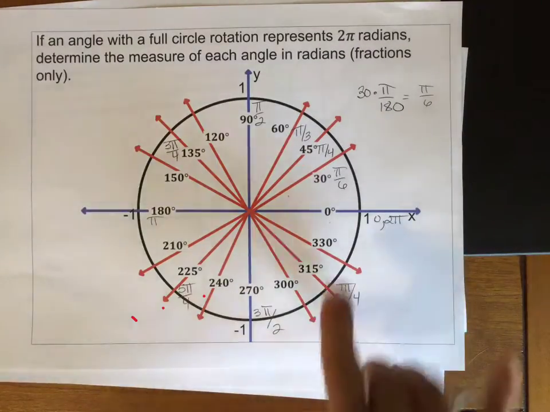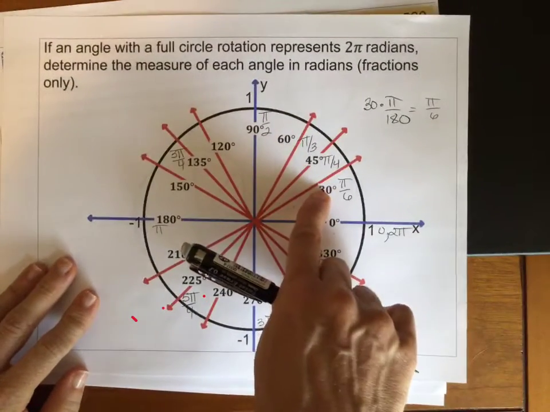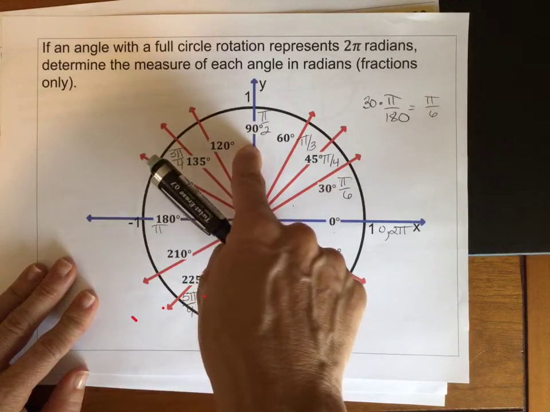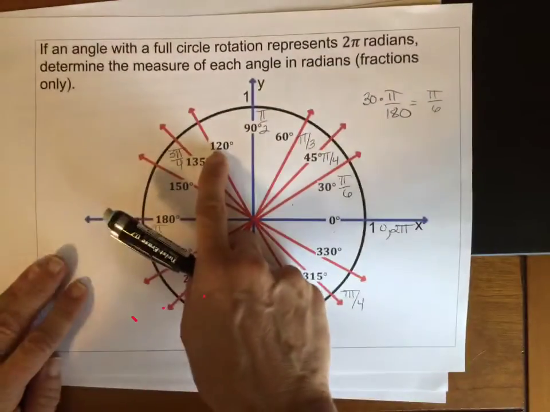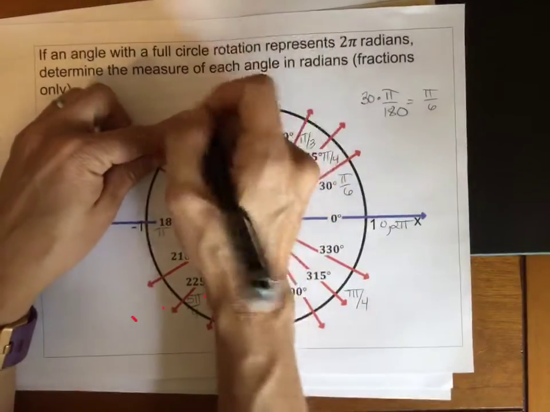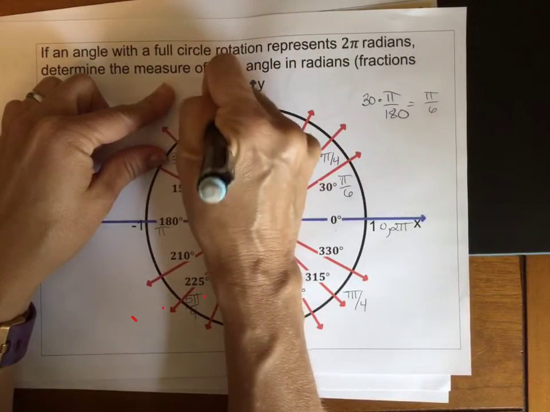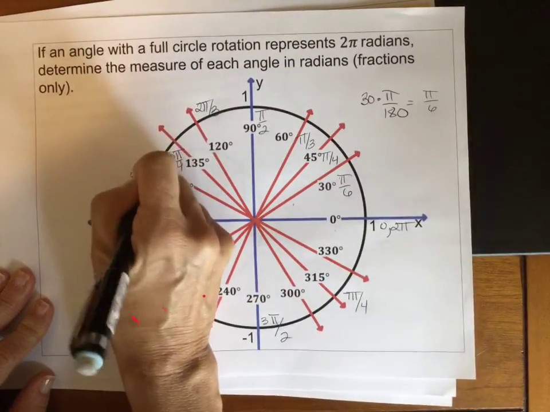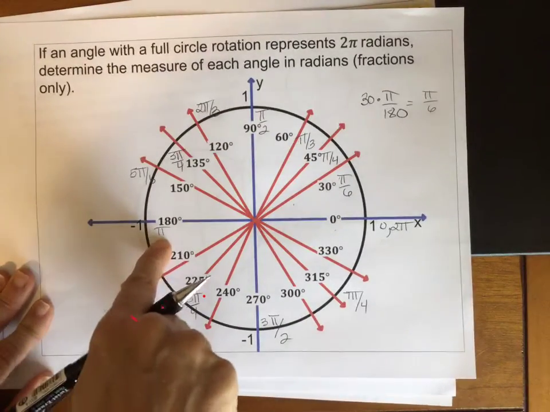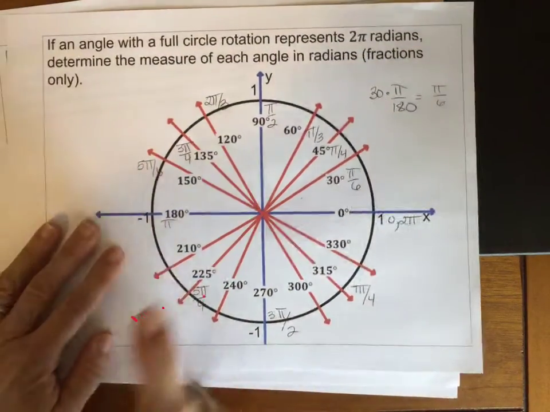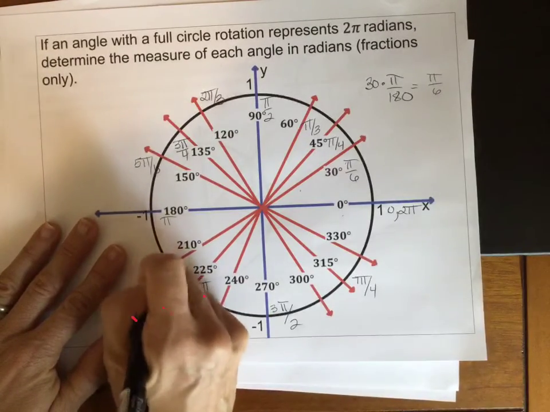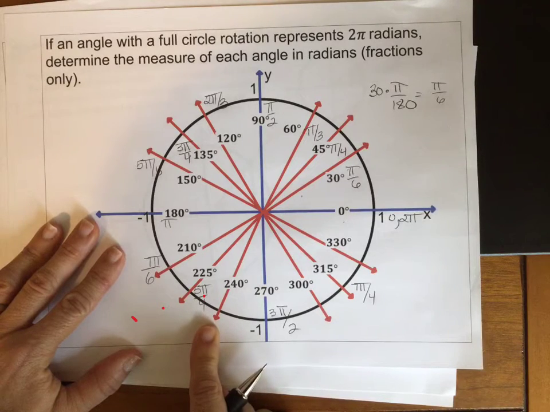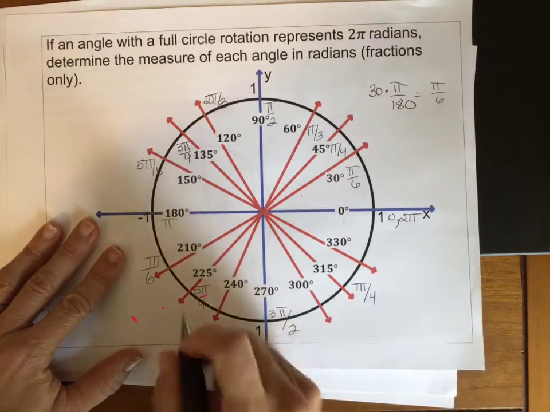So then I do the same for the pi over 6's. This is 1 pi over 6, 2 pi over 6, but I already have a value there. 3 pi over 6, I've already reduced. 4 pi over 6, that reduces to be 2 pi over 3. This is 5 pi over 6, that does not reduce. This is 6 pi over 6, but we already have pi. Here's 7 pi over 6, that does not reduce. This is 8 pi over 6, which does reduce, so 2 goes into both 8 and 6, so we have